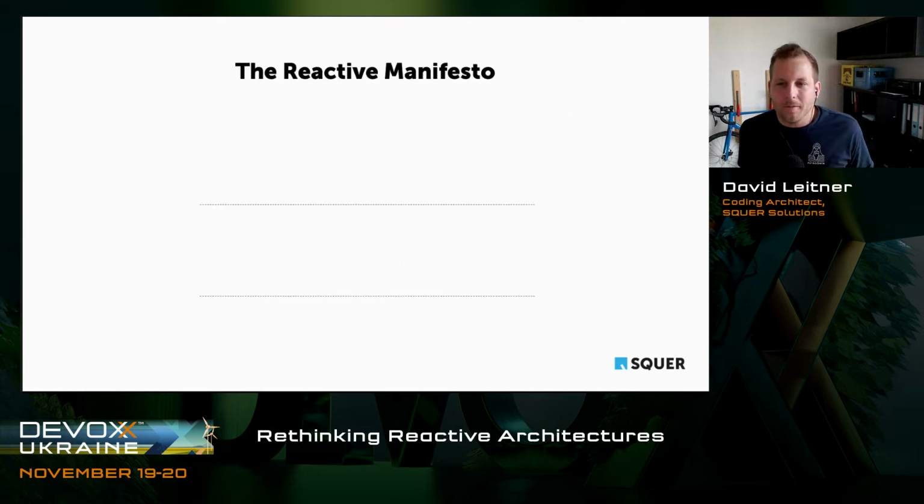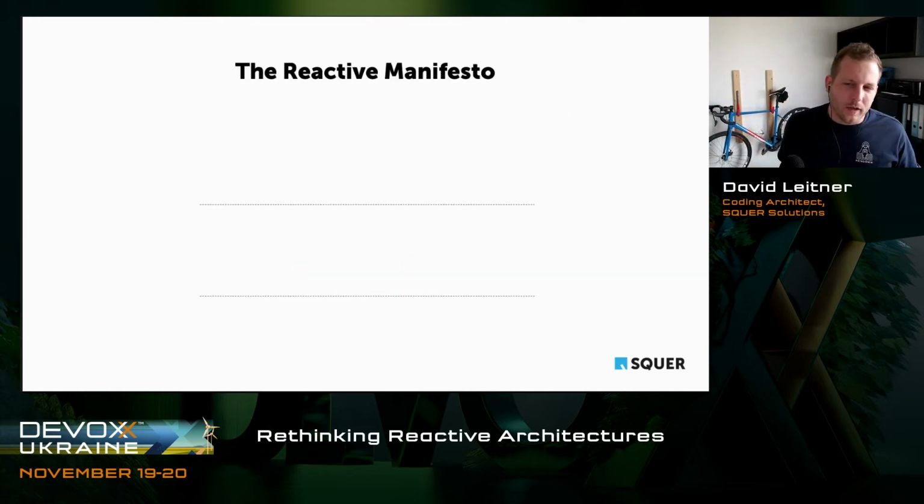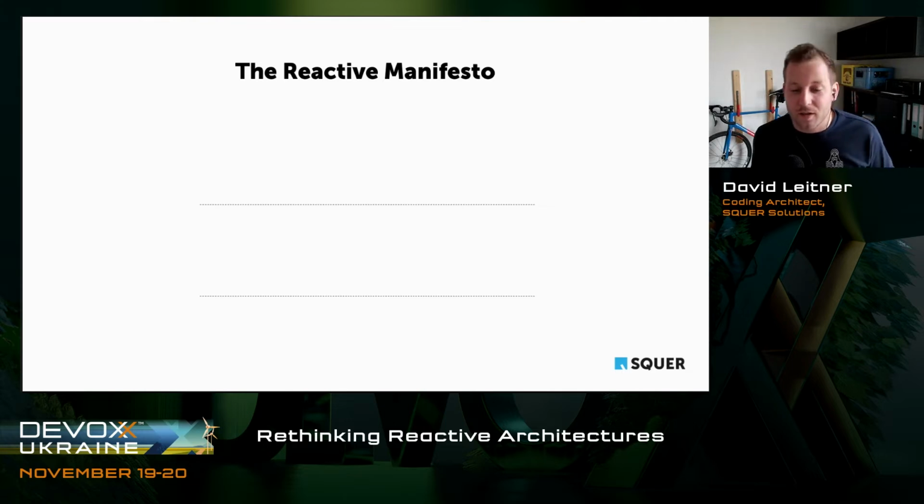Manifesto. Well, as I mentioned earlier, software architecture is all about non-functional requirements. We define software architecture based mainly on non-functional requirements, right? This can be latency, this can be consistency, this can be availability, this can be scalability, right? This can be resilience, this can be reactiveness, right?